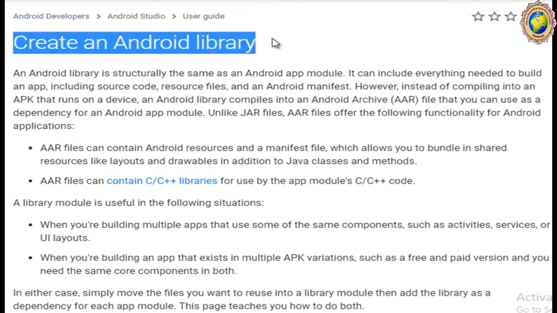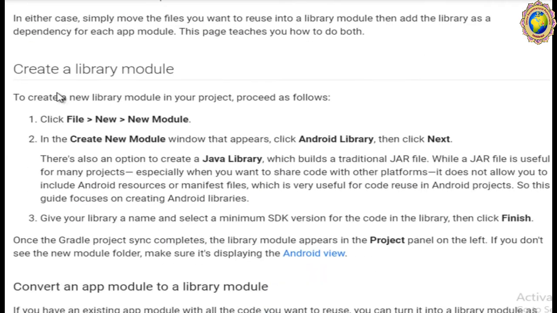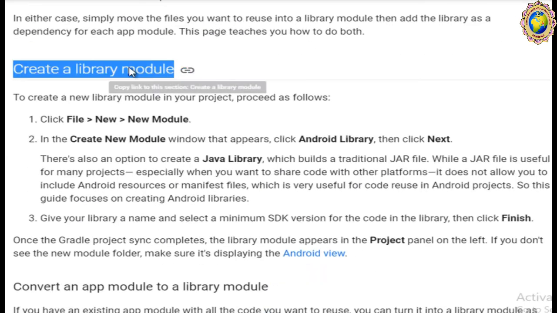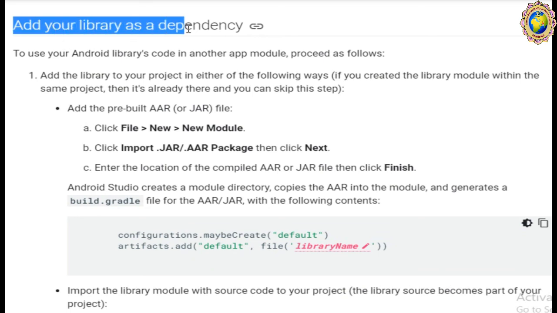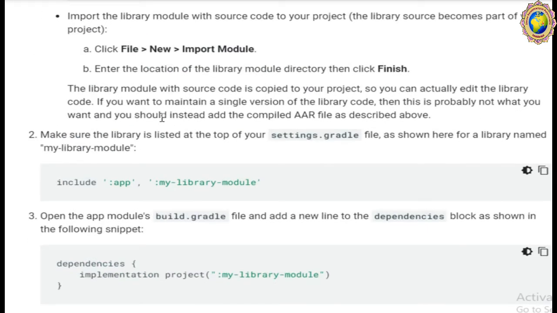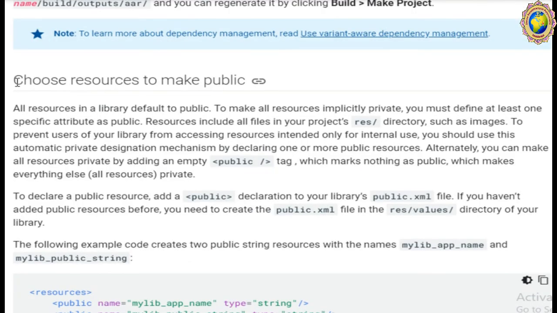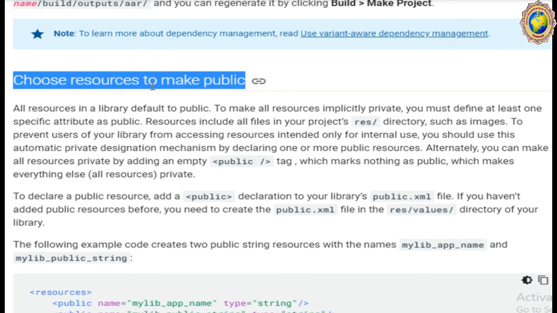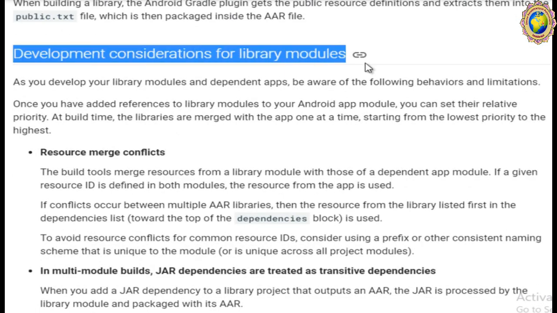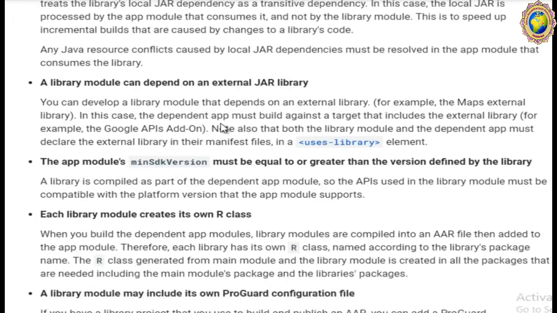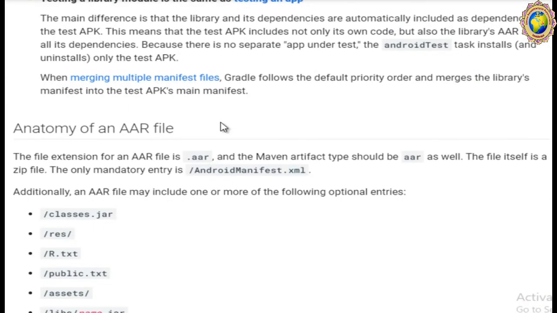So create an Android library, then create library modules, then add your library as a dependency, then choose the resources to make public, then development considerations for the library modules. These are the most important things.